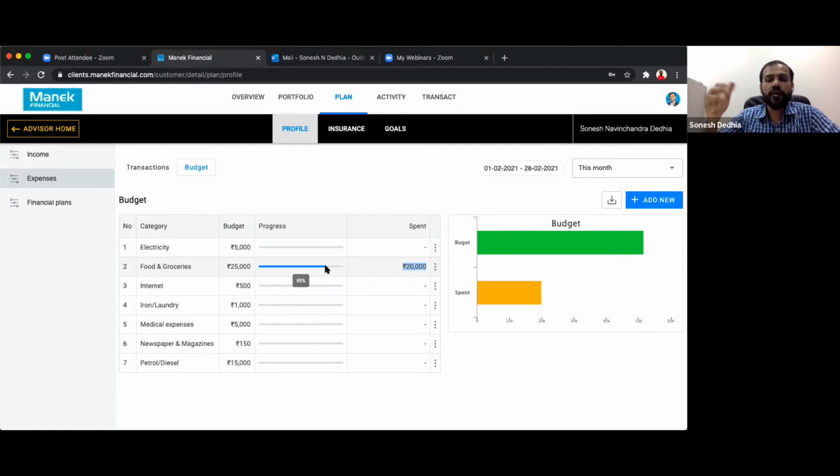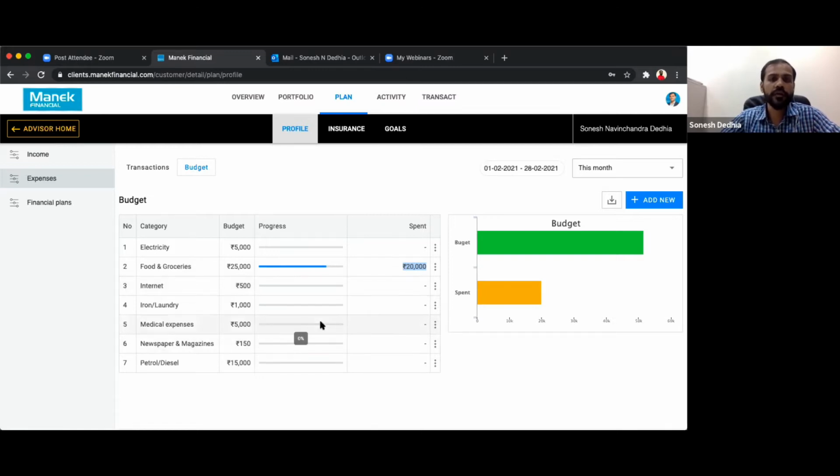So similarly, if your customer is technology savvy and very active, and he wants to mention his transactions on a regular basis, he'll be able to do this. And at the end of the year, when you're reviewing, you come to know. So this also becomes a very important discussion point with your customer, where you compare whatever you had planned with what he actually expended. If he has overshot his budget, that becomes a discussion point where he is losing on the investments or the savings part, and how it can hamper his goal achievement program and everything.